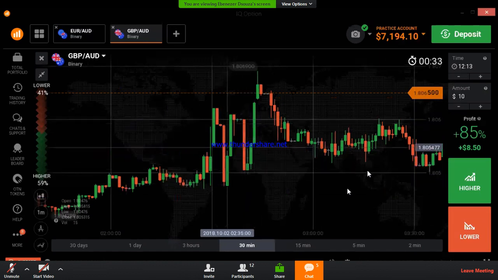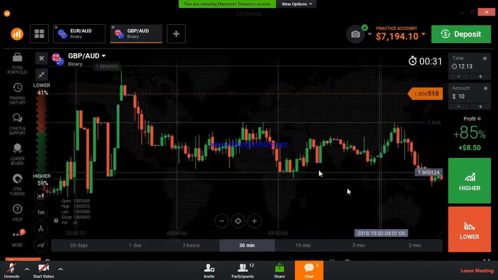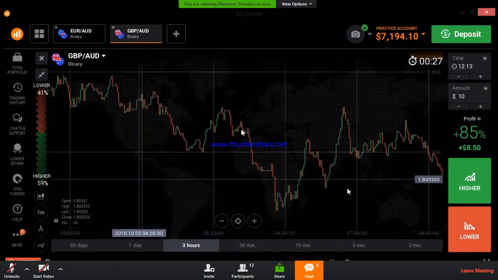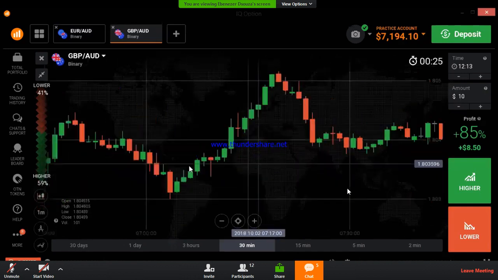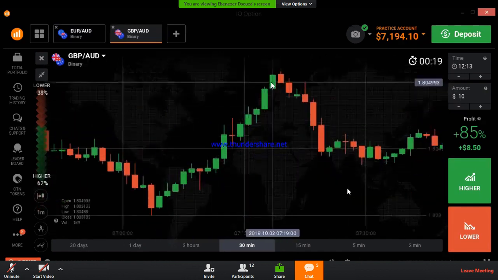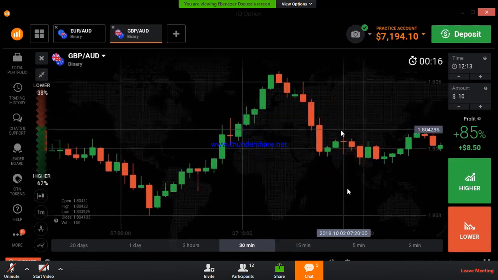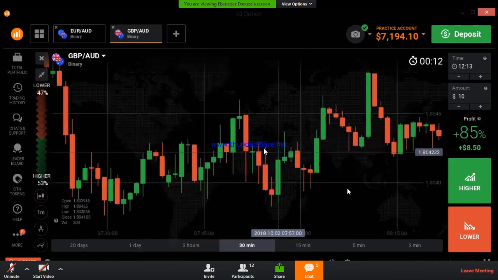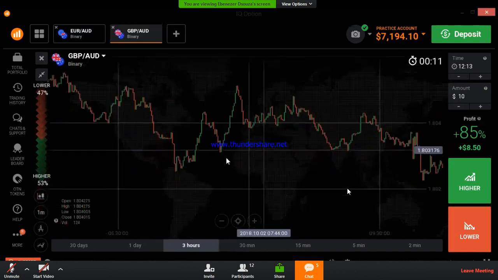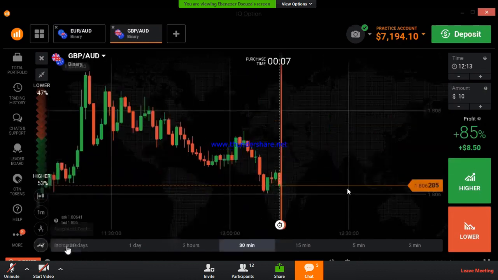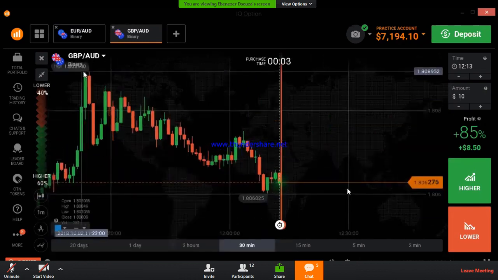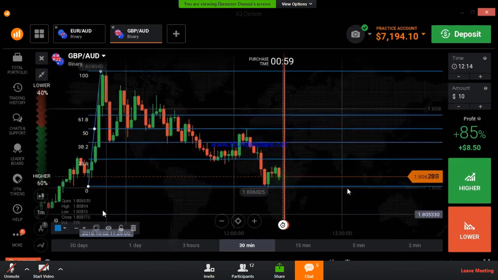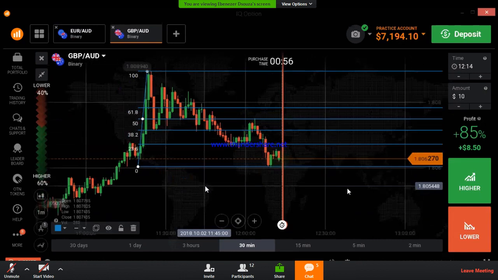So you can't take this type of long candle as a confirmation in 5 seconds. You can take this type of candle as a confirmation. This one also, this is a weak candle. Okay, you can take this one also. This one also. Always take medium candles as confirmation candles. Okay, this one.